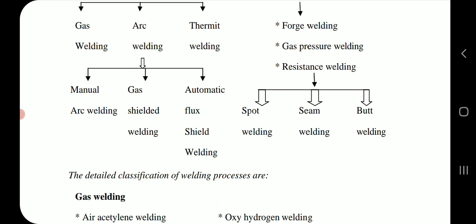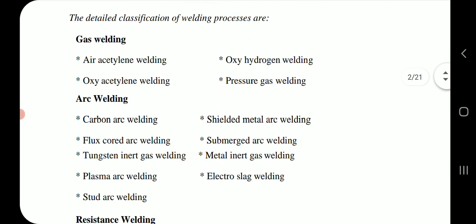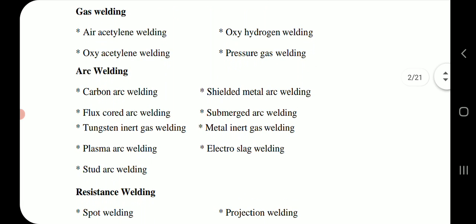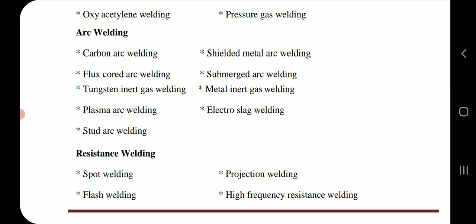The detailed classification of welding processes are: gas welding, air acetylene welding, oxy-hydrogen welding, oxy-acetylene welding, pressure gas welding, arc welding, carbon arc welding, shielded metal arc welding, flux core arc welding, submerged arc welding, tungsten inert gas welding, metal inert gas welding, plasma arc welding, electro slag welding, stud arc welding, resistance welding, spot welding, projection welding, flash welding, high frequency resistance welding,